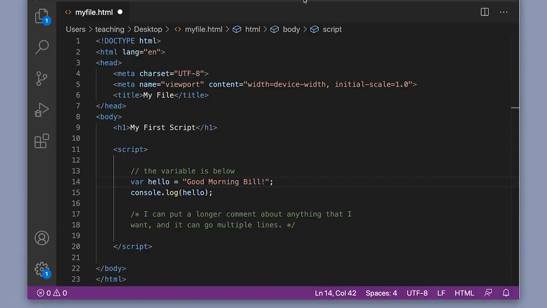The next thing to talk about is folders and working with folders for projects. This file, my file.html, is just sitting on my desktop. And that's fine for a single file. But usually if I'm working on a project, I'm going to have a folder with a bunch of related files. I might have an HTML file, a CSS file, and multiple JavaScript files as we get going here. But for right now, this is just a single file, and that's not really very useful by itself. So over here, I'm going to make a folder,